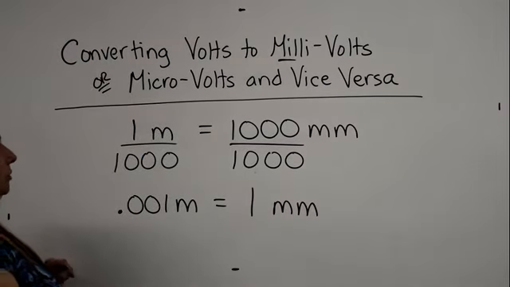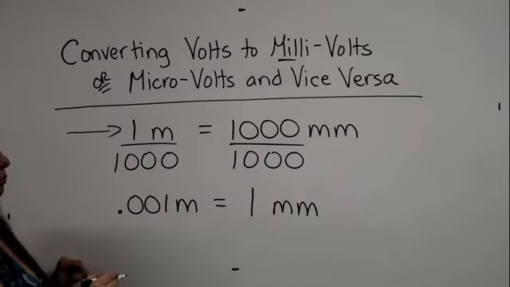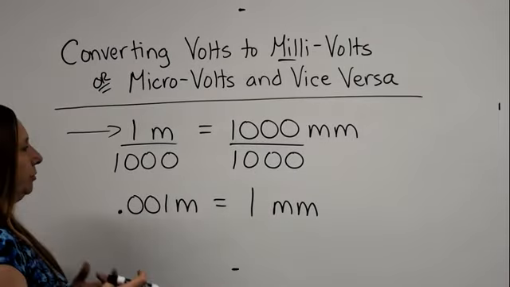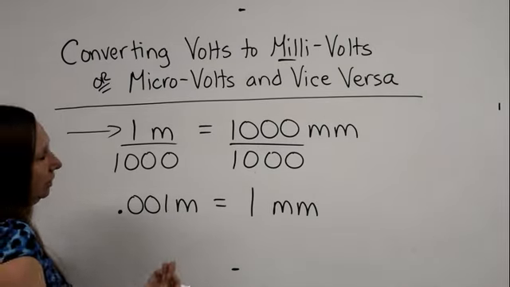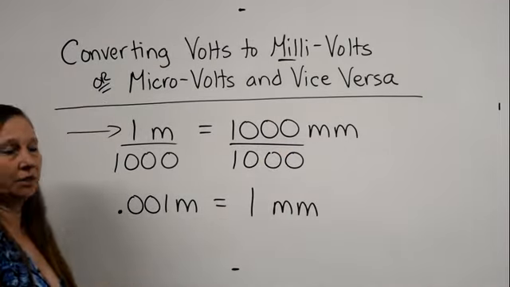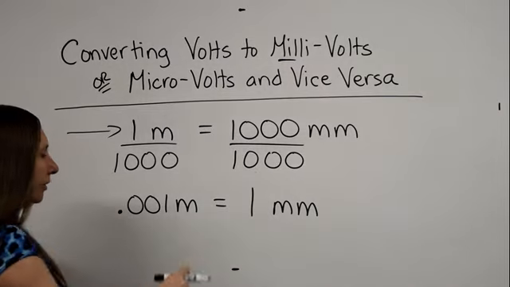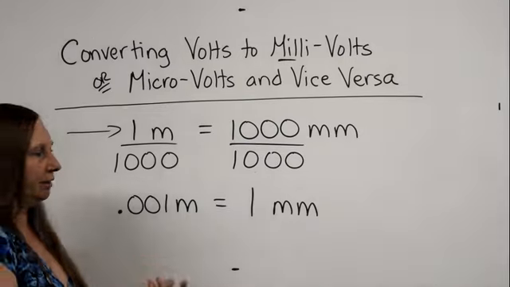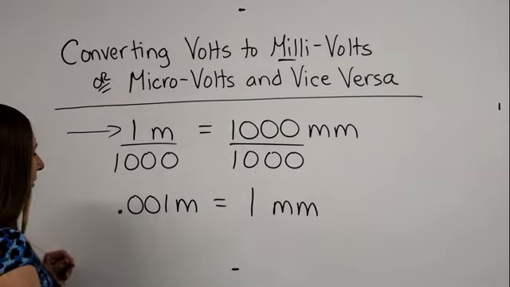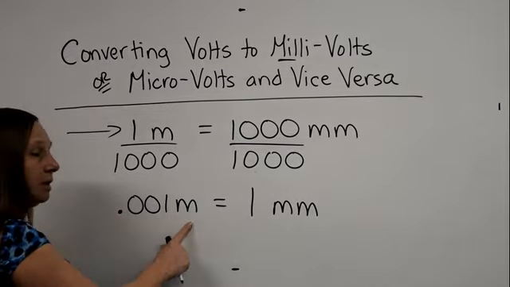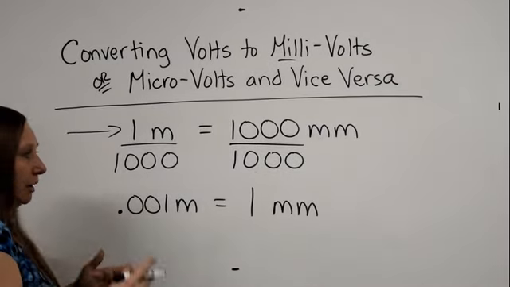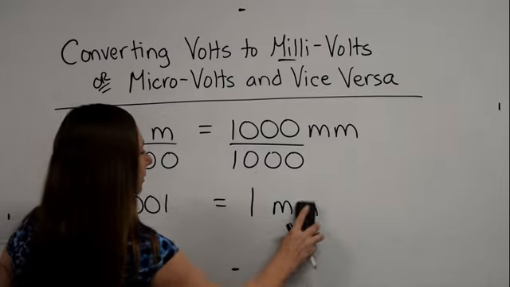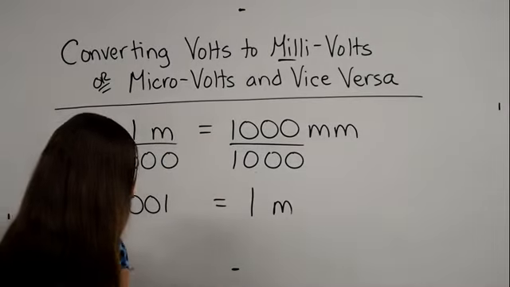All right, that would also be, see, if you take an equality that's true, 1 meter equals 1,000 millimeters, and manipulate it algebraically in a correct fashion, for example, dividing both sides by the same number, you're going to get another equality written in a slightly different way that is also correct. So 1,000th of a meter is 1 millimeter. I think you know all this. All right, so that also means that 1,000th of a